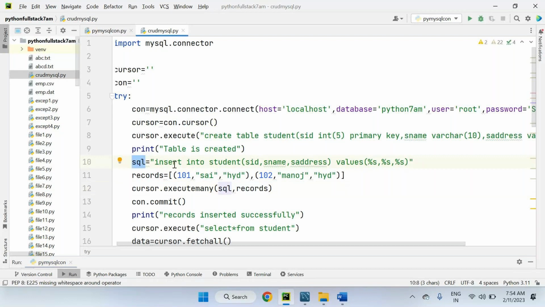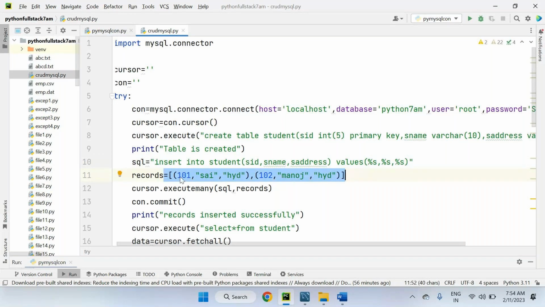In this I'm writing only the query syntax like insert into student, SID, S name, S address, values, %s, %s, %s. That means it's a string format like this. What values am I passing? SID, S name, S address. This is one parameter. But for this query, these values are expected, so the parameter values we supply separately, because I want to insert multiple records at a time. 101, 102 like this. I have passed multiple records